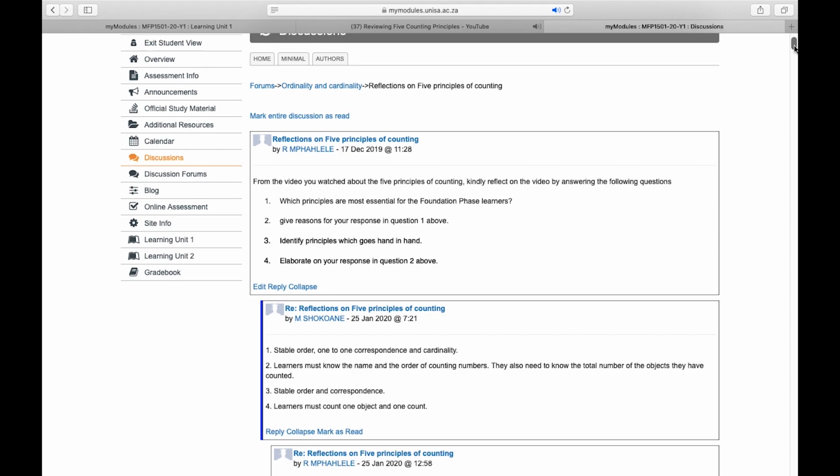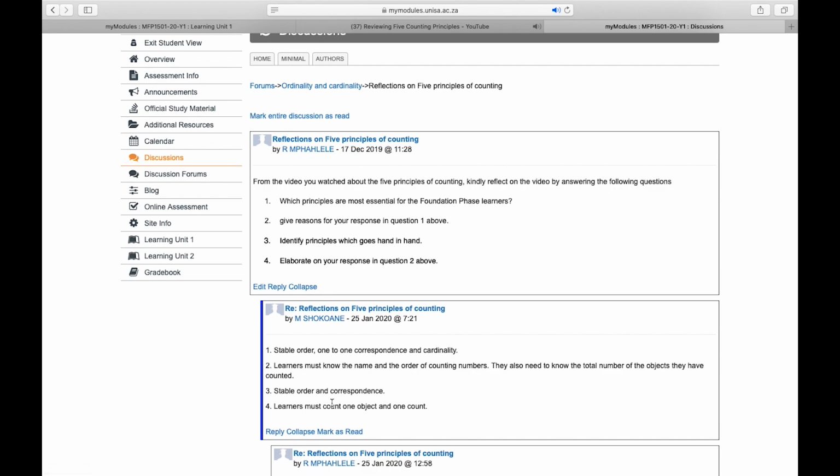For you to be able to respond, please click on the word reply down there. I think you can see edit, reply, and collapse. Reply is the word in the middle. You need to click on reply so that you can be able to reply. Some of you are creating new forums, and that is unacceptable. I want you to click on the word reply so that you can reply to my message